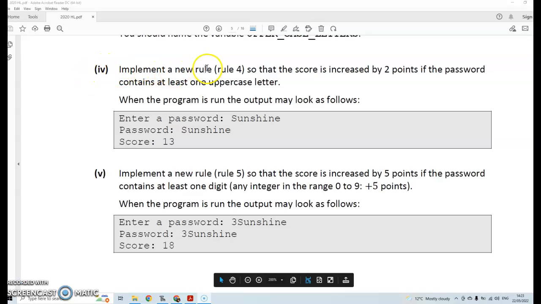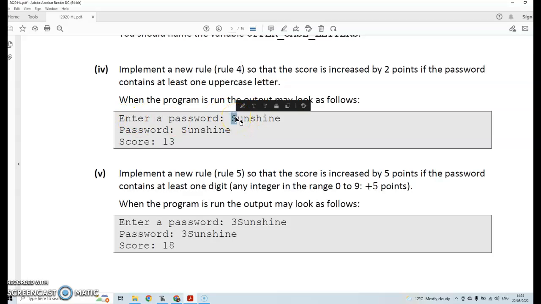Alright, 4, implement a new rule, rule 4. So I'm presuming there's 3 rules before it. So that the score is increased by 2 points if the password contains at least one uppercase letter. When the program is run, the output may look as follows. Enter a password. You see there's a capital letter in it now. Previously, if there wasn't a capital letter in it, you would have had,